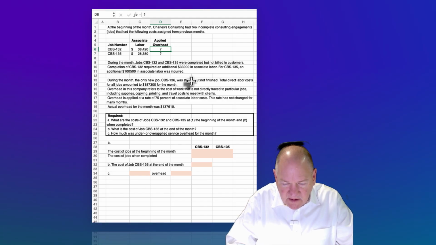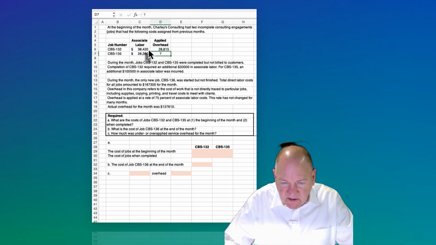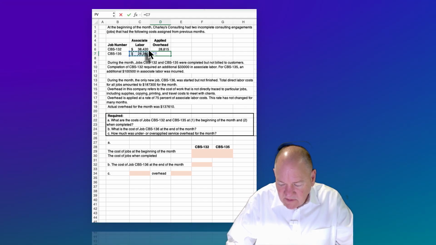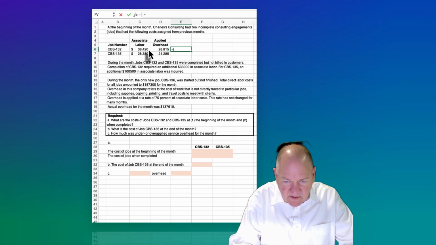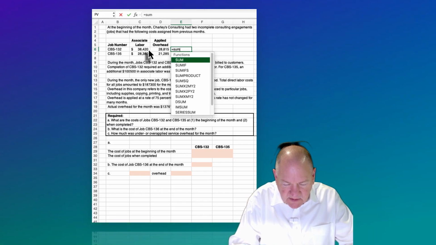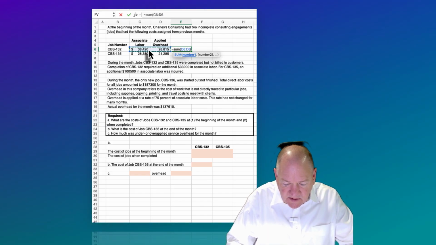So in that cell, we can say equal this amount here for the direct labor cost, and then multiply by 0.75. That's going to give us the overhead cost applied to job 132. And we can do the same thing here with the next job times 0.75, and that gives us a number as well. And if we want to see the total cost of those jobs, I can say equal sum, and I can sum the two items to the left,